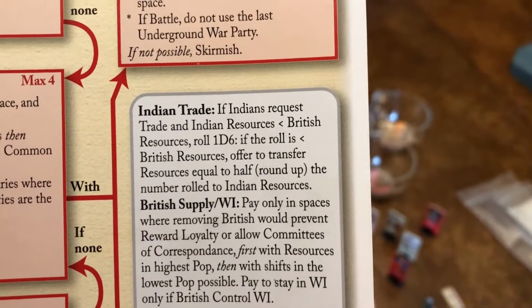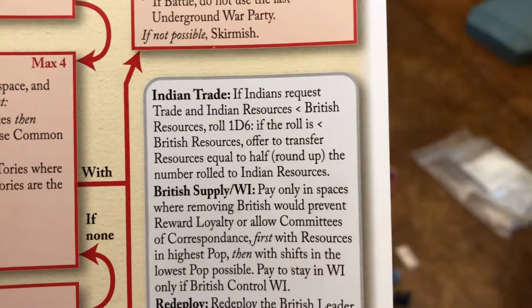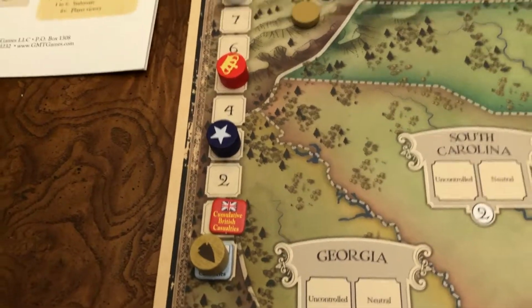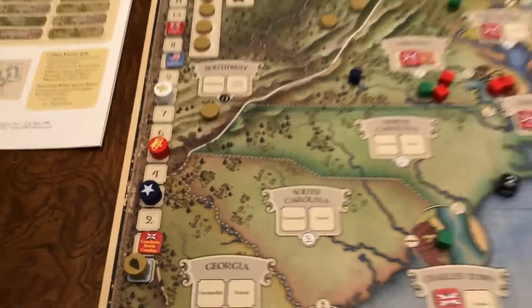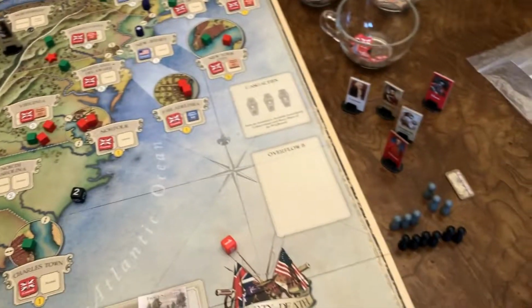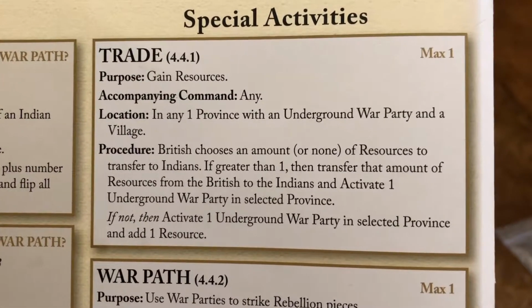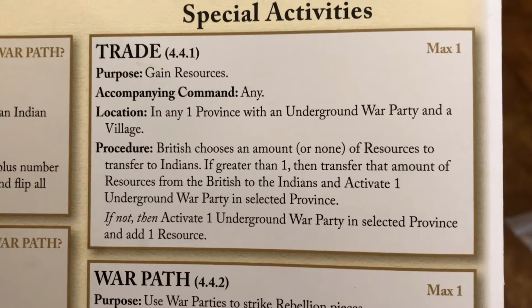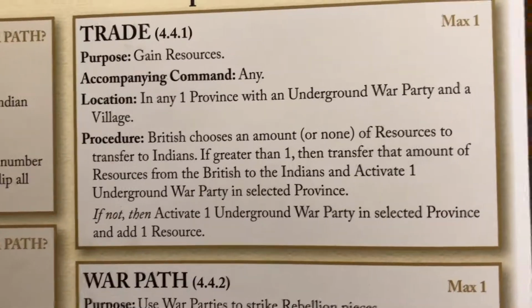So the British roll 1d6, and if the roll is less than British resources, offer to transfer half up, rounded up. So let's roll, because the British have 5, so 2. So half rounded up is 2. 1, oh no, would be 1, sorry. It's one of those days. So they transfer 1 to the Indians, and they get 1. Oh no, it's just the 1. They only get the +1 if they get nothing. So they transfer 1,